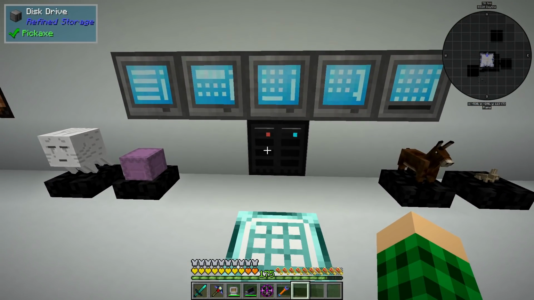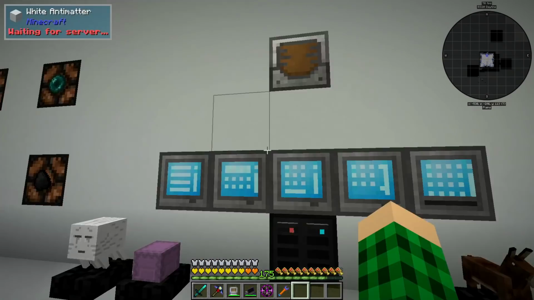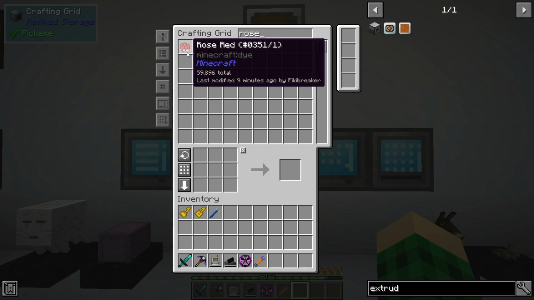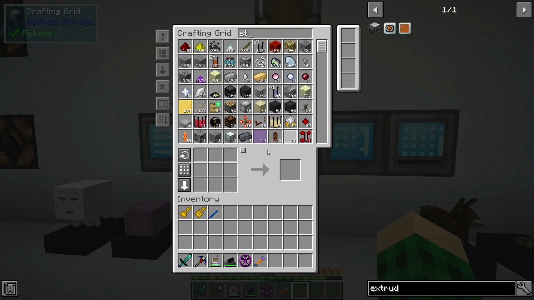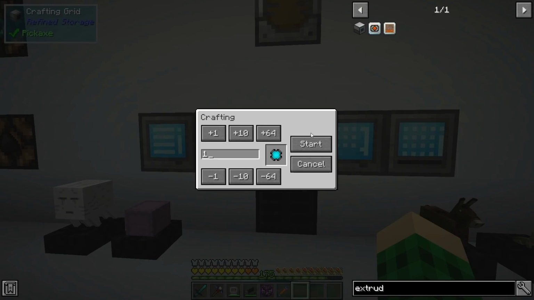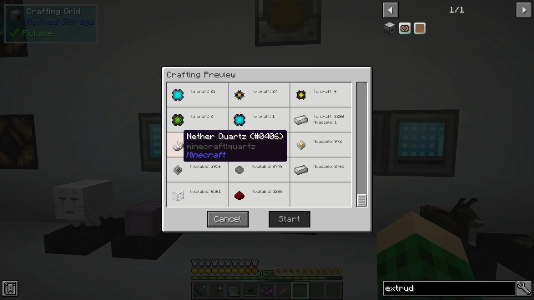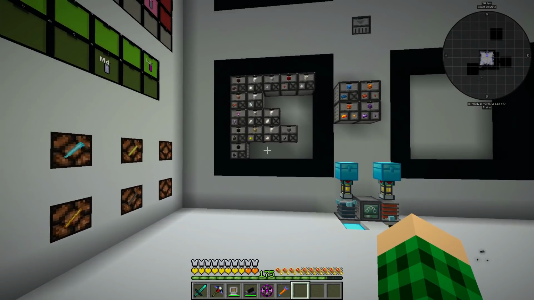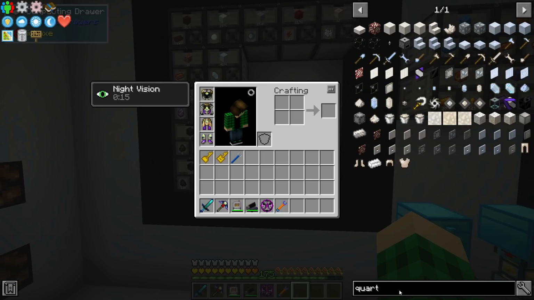You might also be noticing that we have this storage disk full. I removed the beetroots over there and turned everything into rose red, which now means that we have 59,000 rose red in here, which is blocking all of the storage disks. So one thing that we're gonna make is a 16,000K storage disk as soon as we get a little bit more nether quartz. So I think it is finally time that we automate nether quartz,